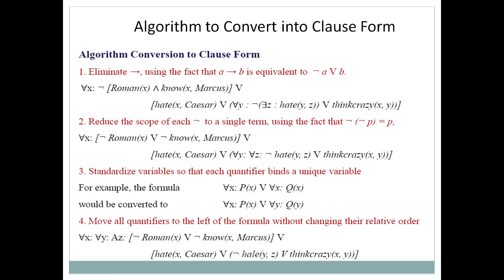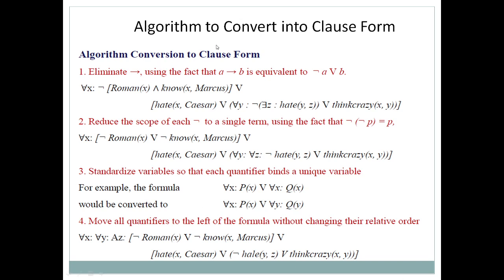Directly, if I explain the rule, you will not understand what rules you need to follow while converting given predicate logic to the clause form. So here, the first rule is: you have to eliminate the implication sign. While converting the predicate logic to the clause form, you have to try to eliminate the implication sign.